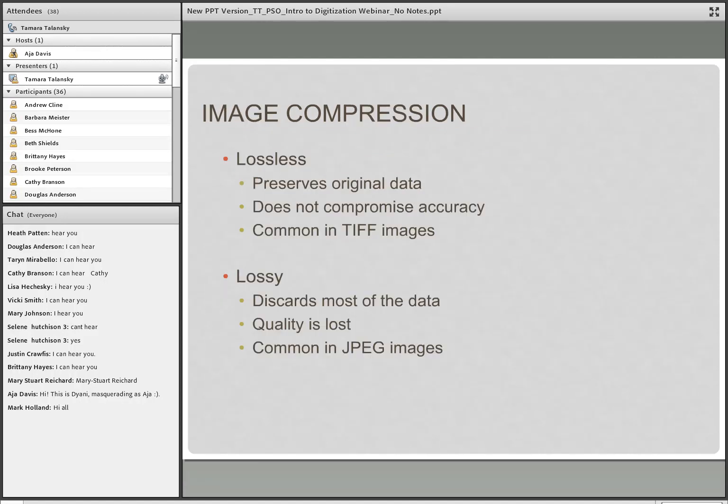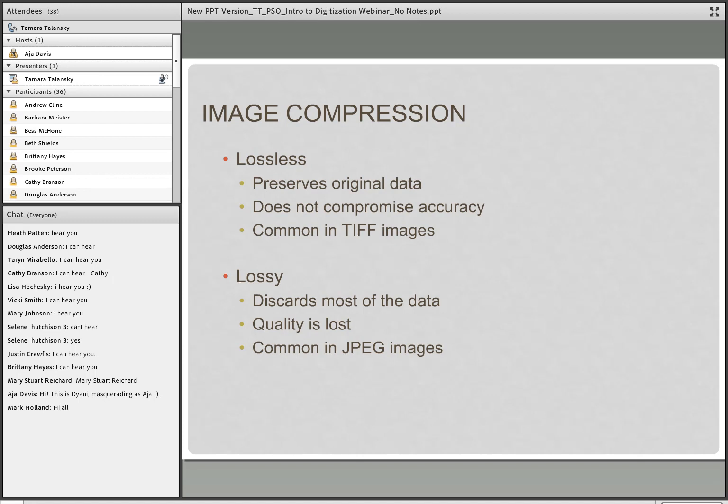So before we head into learning about the different file formats, I just want to define a couple of terms. Part of the reason for the plethora of file types is this need for compression. Image files can be quite large, and larger file types mean more disk usage and slower downloads. So compression is a term used to describe ways of cutting the size of the file, allowing them to download faster and take up less space. Compression schemes can be either lossless or lossy.